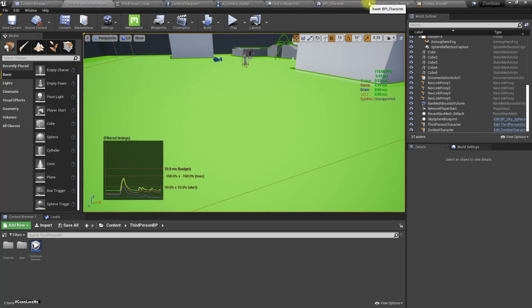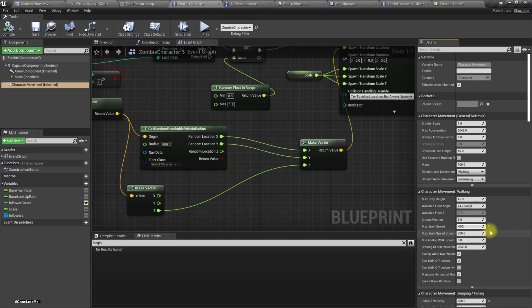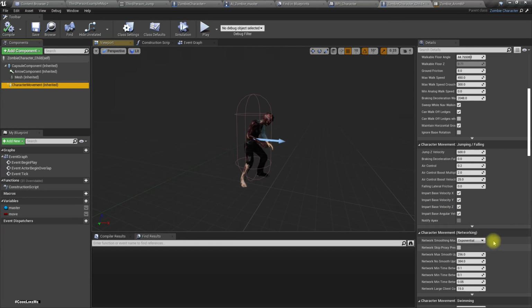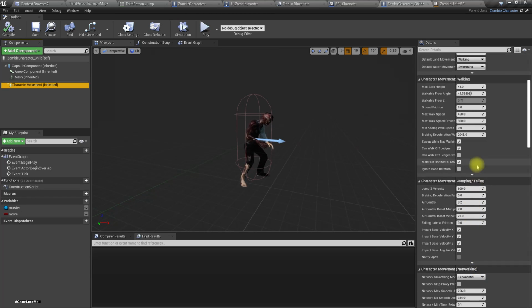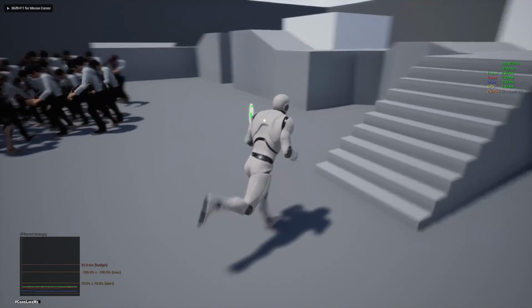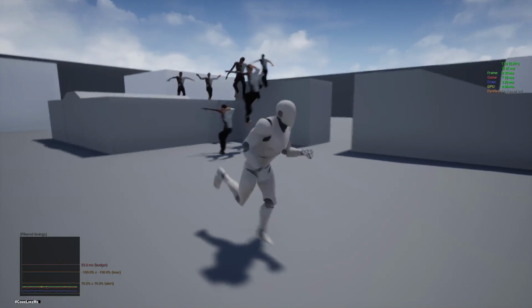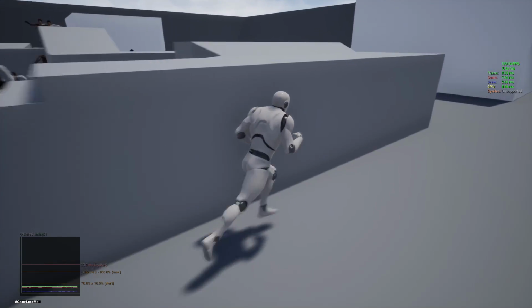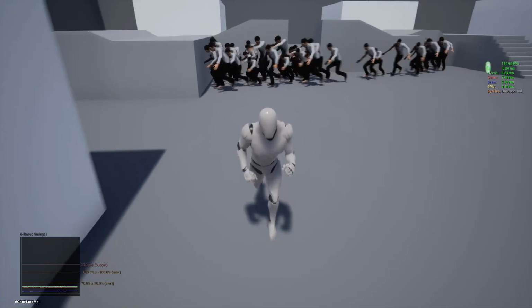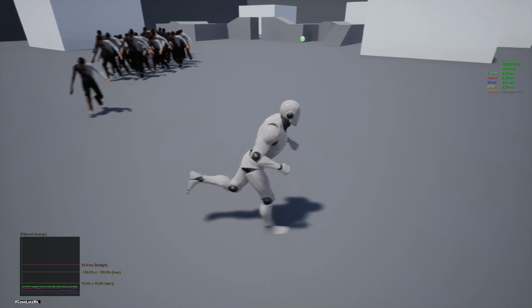And let's do something else too. In this zombie character I'll increase the speed to 450, and for the child characters I'll make it 350, no, 400. Okay, now